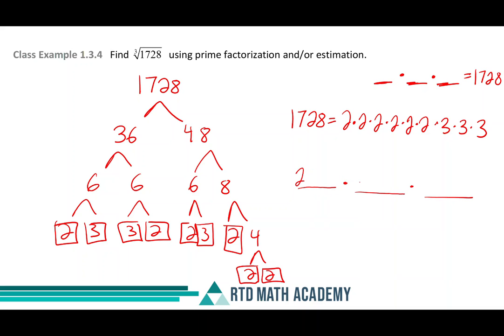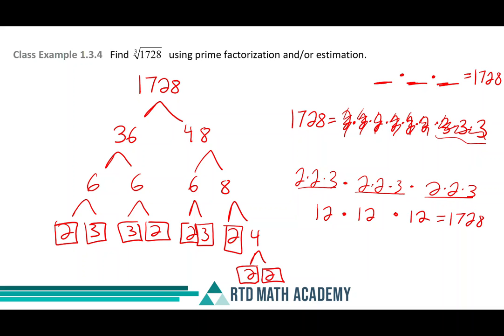I have a 2 and a 2 and a 2. So why don't I get rid of this one, and this one? Looks like I have a second set of 2's. So I'll put all those 2's partnered up evenly into those 3 groups. And lovely for us, we also have a 3 that can evenly be grouped into the 3 groups that we've got going on. Now, 2 times 2 is 4, and 4 times 3 is 12. So I can actually say 12 multiplied by 12 multiplied by 12 should equal